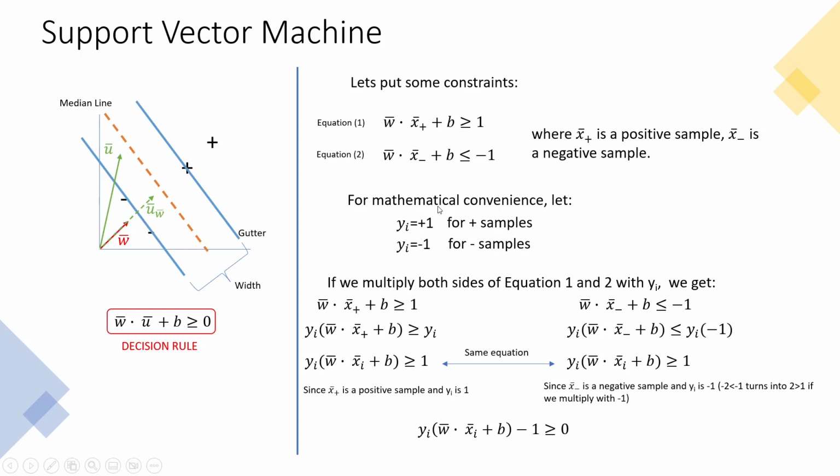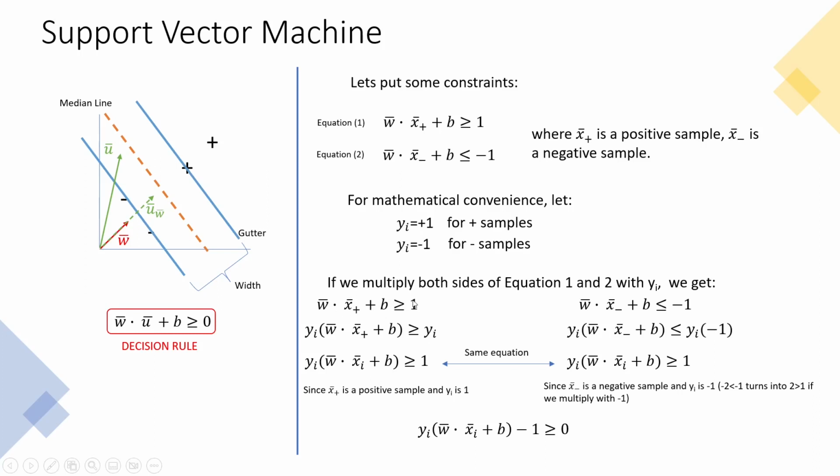So for mathematical convenience, we would like to introduce another variable called yi. Okay, and yi is plus 1 for positive samples. For these guys, these are positive samples and these are negative samples. And yi is minus 1 for negative samples. Okay. So we have equation 1 and equation 2. If you multiply both sides of equation 1 and equation 2 with yi, what we get is basically,